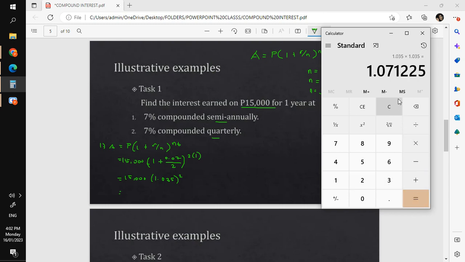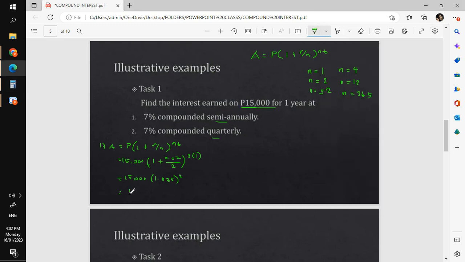This gives us 1.071225 times 15,000. That gives us 16,068.375. So this will be the total value that will be given back to you after 1 year of investing